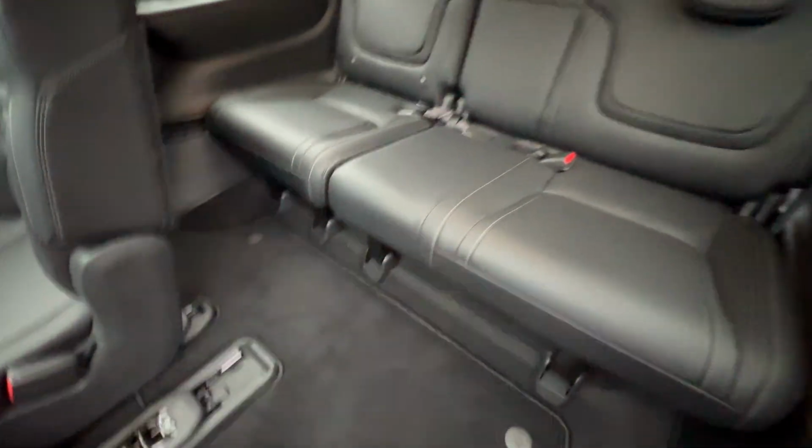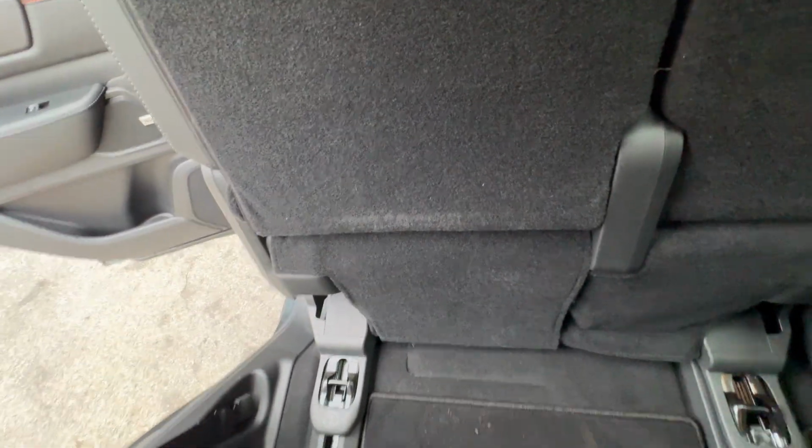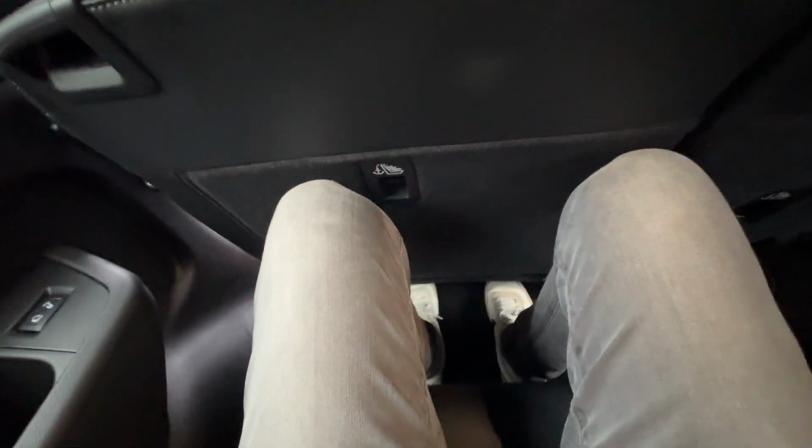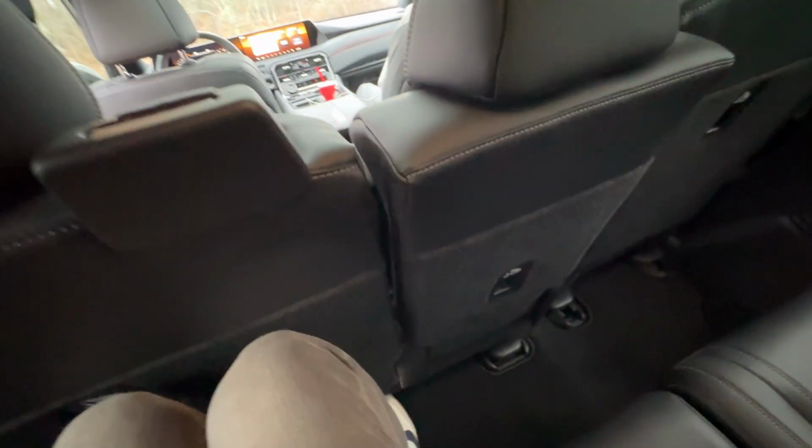Hopping inside, it really is not too difficult. Getting back here, these seats are really comfortable. Let's see if we can put these seats down, slide them back, and lock them in place. And that second row has pretty good legroom, and I can fit back here. Am I super comfortable? I would say this front row would have to bump up just a little bit, but